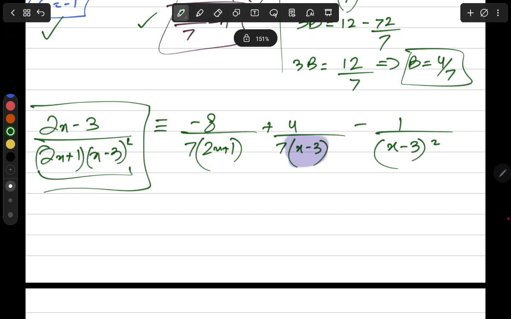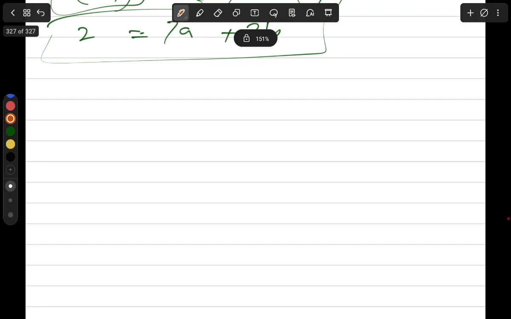So imagine what would have happened if you expanded this x minus 3 whole square into x square minus 6x plus 9, and then further multiplied this by 2x plus 1 in order to get a cubic polynomial in the denominator. I mean, that would have been a disaster, right? So don't do that. In the next lesson, we are going to do a case 3, which is going to have,